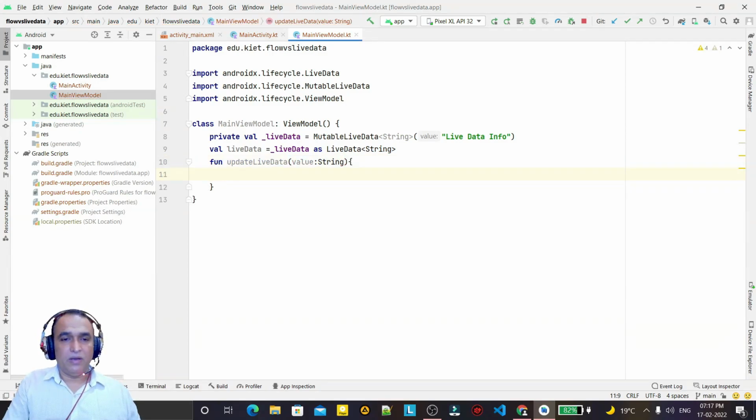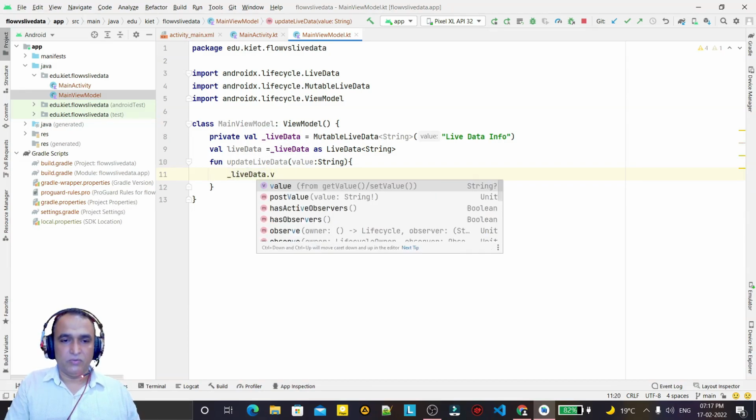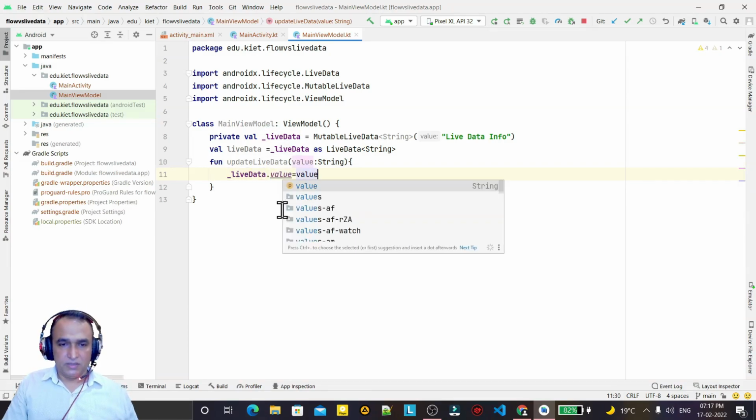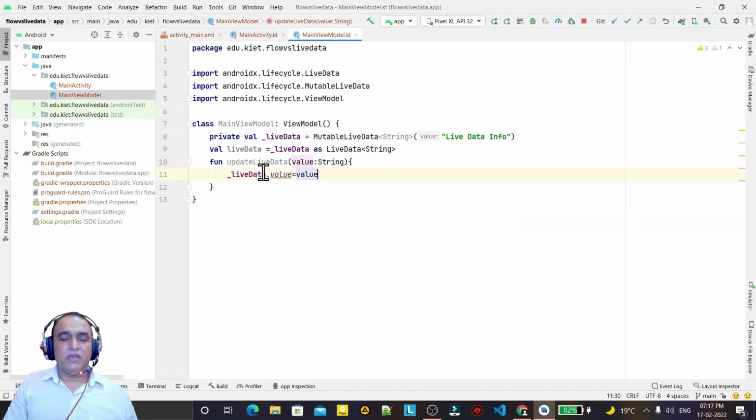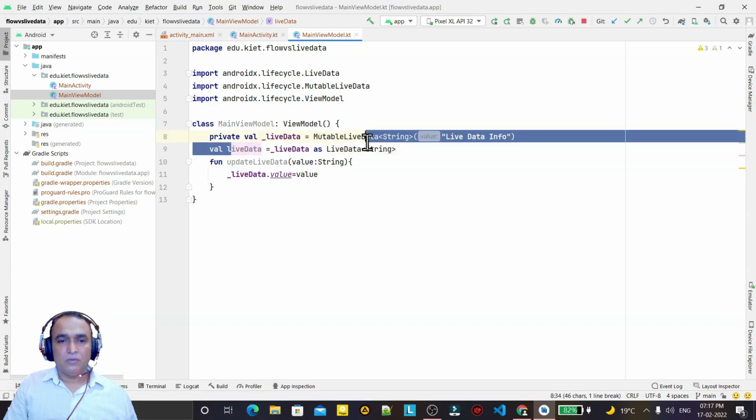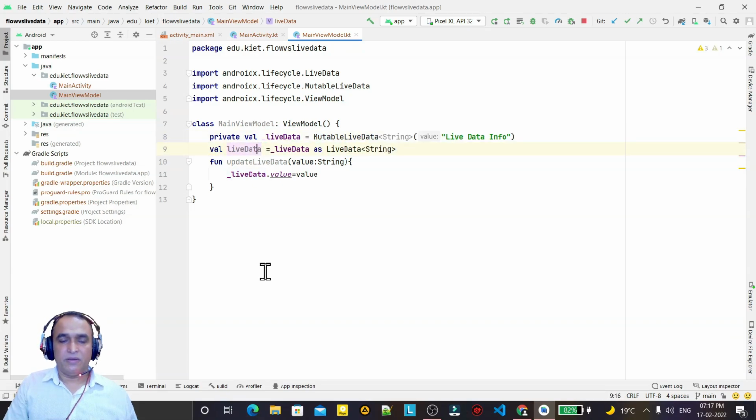Now I will update this live data's value to the value, like this. So you see, we will update the information by this function, and we will also read the information by this live data.